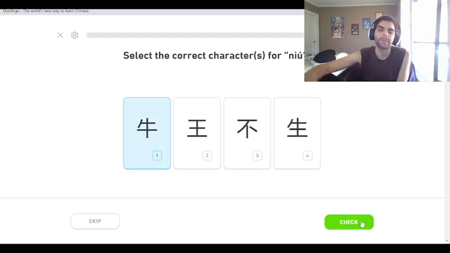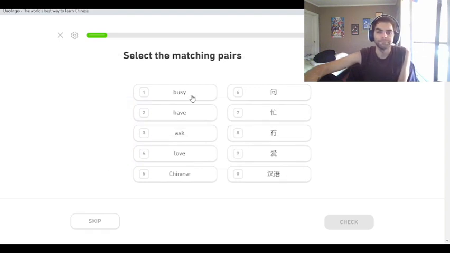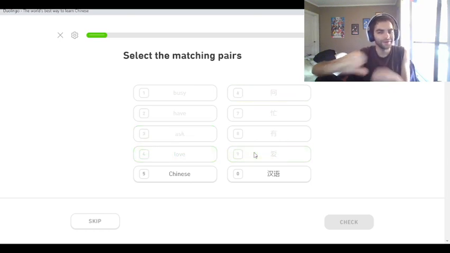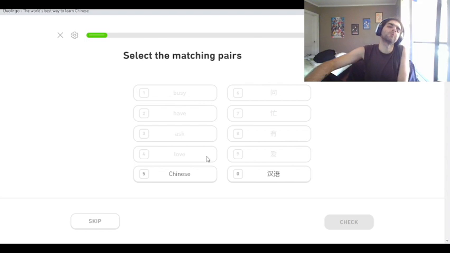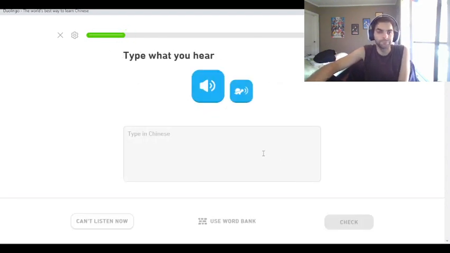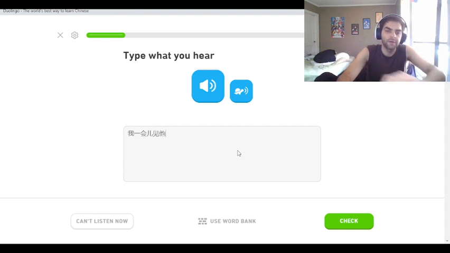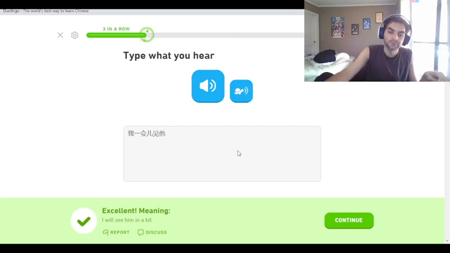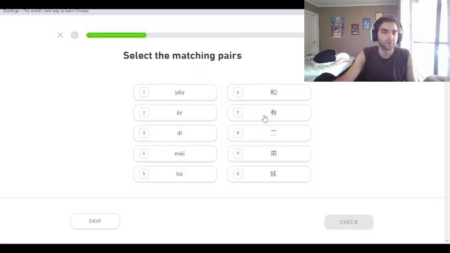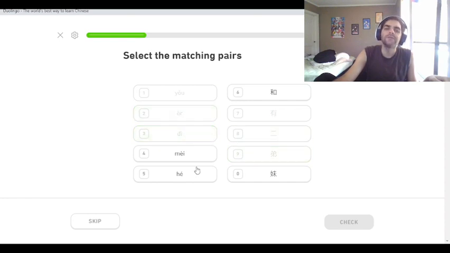牛 牛 忙 忙 有 有 问 问 爱汉语 我一会儿见他。 我也会二检查 我一会儿见他。 我一会儿见他我一会儿检查 Love Argentina. 有 有 二 二 弟 弟